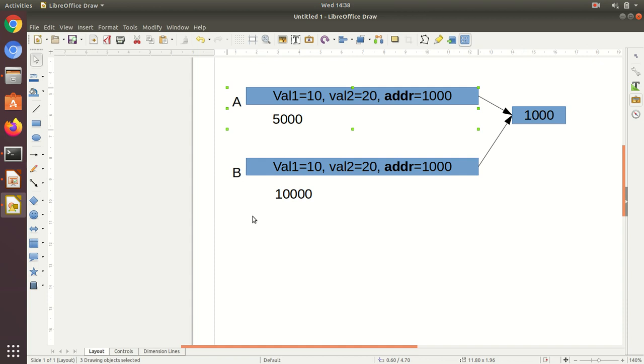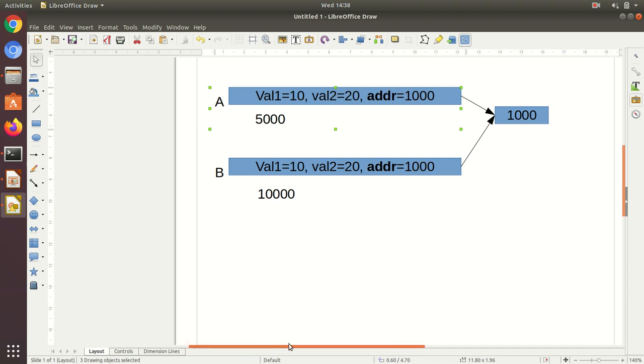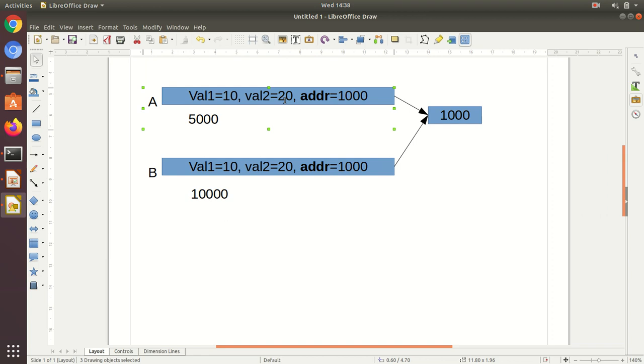Automatically the destructor for A is called, and it is going to free up this memory location, because this address was dynamically allocated using the new operator.